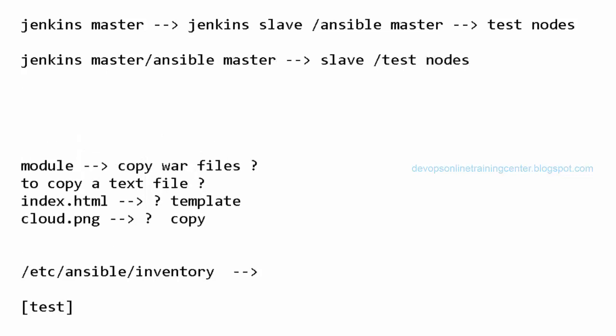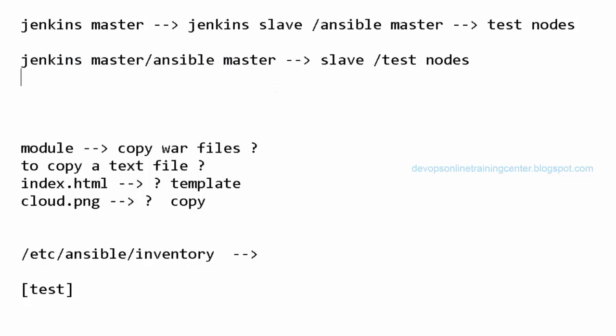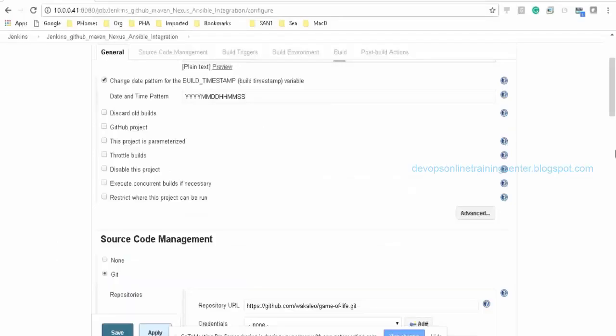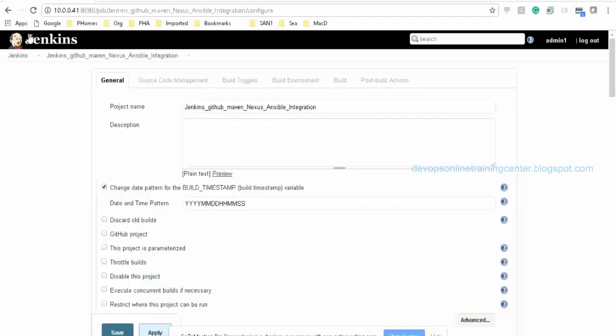Right, so since I only have two nodes, I'll download everything. This is the standalone master. It downloads it, it converts this binary on the master. Then since Ansible is already there, I'll copy from here to the test node. So I only have two nodes, right? So we'll try that.